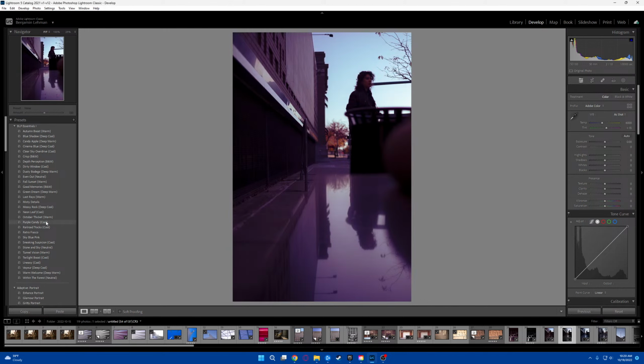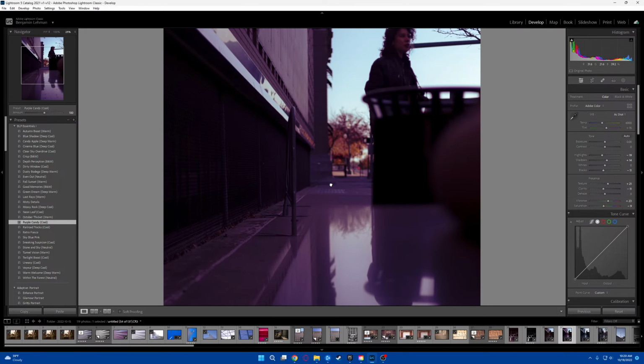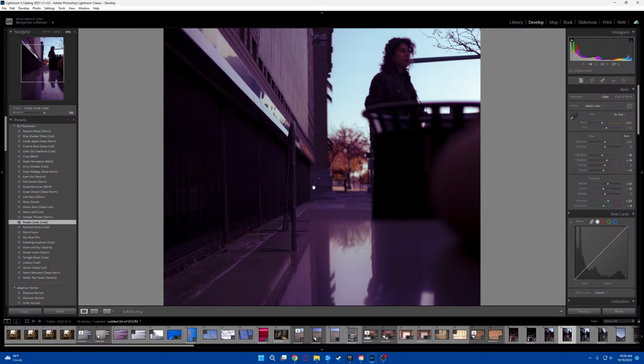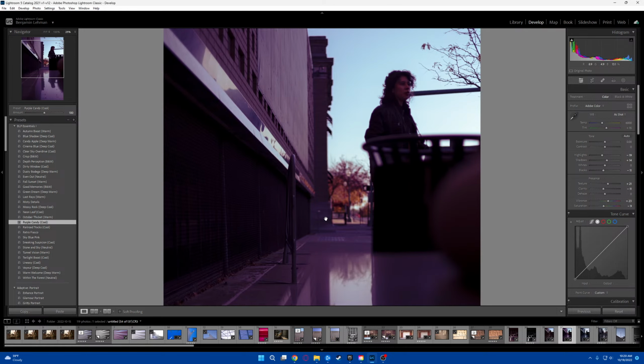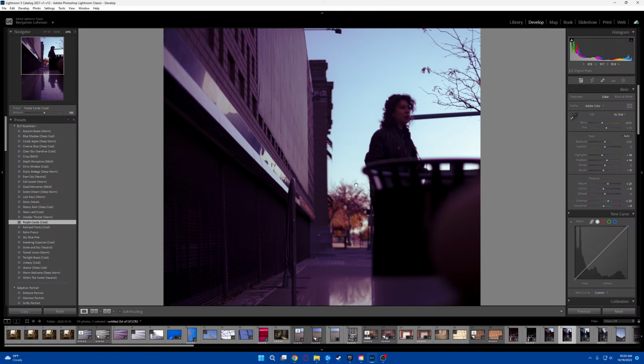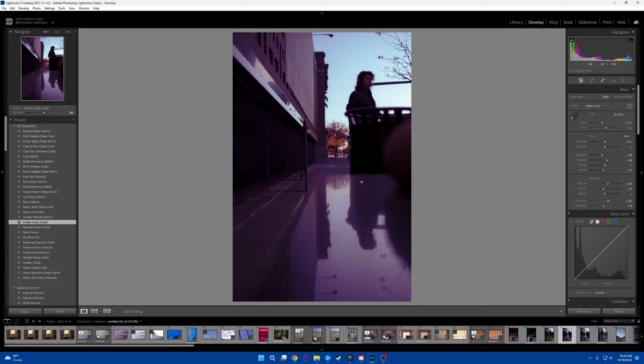Well, Purple Candy. Oh my God, look how cool that looks. It just brings in such great texture. The skin tone still looks cool and it's retro. You can see all the shadows are sort of picking up this beautiful magenta color, but the sky is keeping that beautiful cinematic cyan color. So if we go between the before and the after,